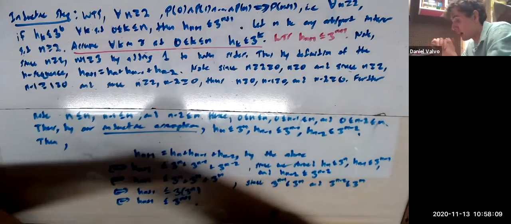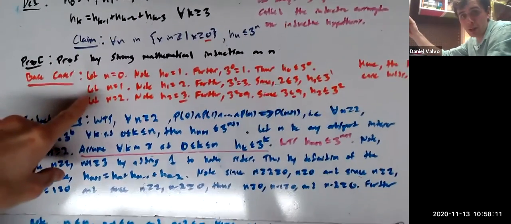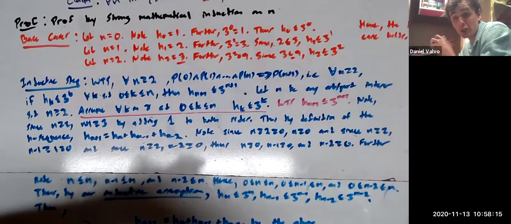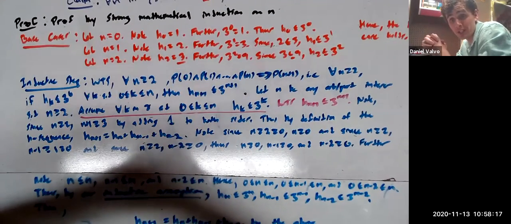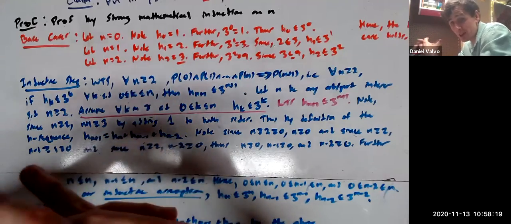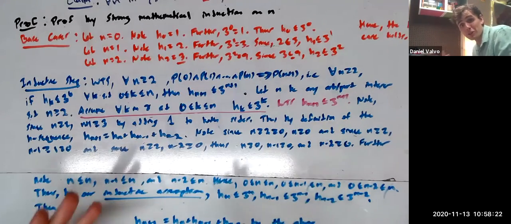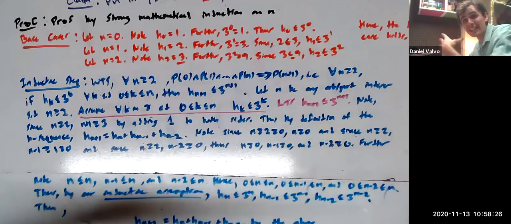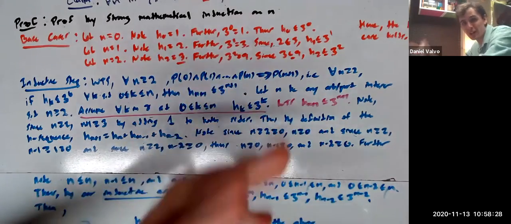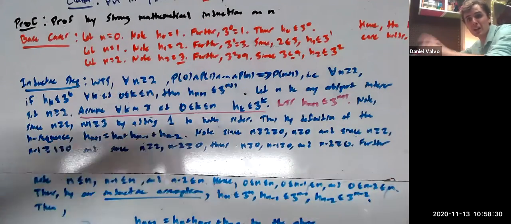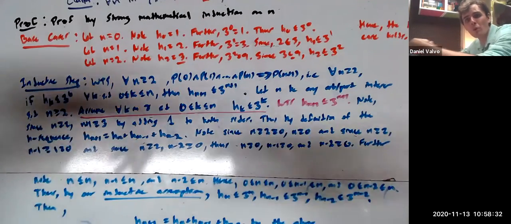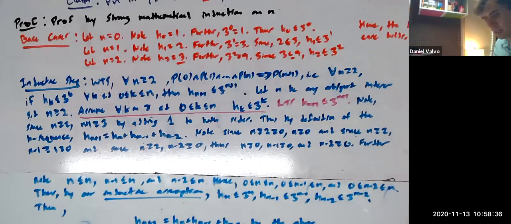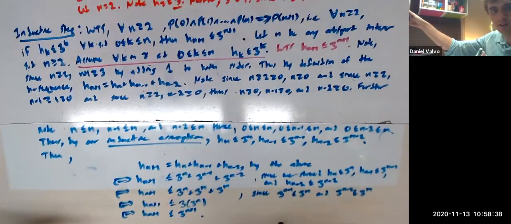And then, since it's true for 0, 1, and 2 by the base case, and true for 3 by the thing we just did, it's true for everything up to 3. Therefore, by this argument, the claim is also true for 4. It's true for everything up to 4, so then it's also true for 5, 6, 7. This is the domino effect. This is the chain reaction. You just keep feeding this back into itself and it keeps popping out more and more answers, making our conclusion